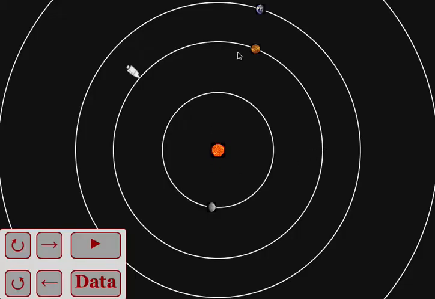Okay, this simulation has been built so that the scale for the planet's orbital radii are accurately depicted, but the size, obviously, of the ships, the planets, and the sun are all greatly enhanced to help students orient themselves in their solar system. Students should be warned that they cannot fly too close to the sun nor crash into a